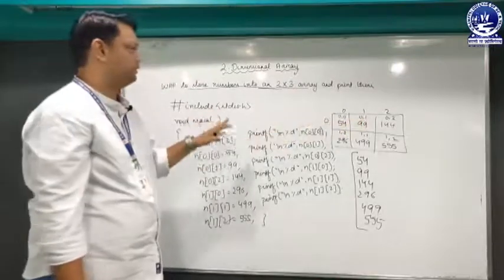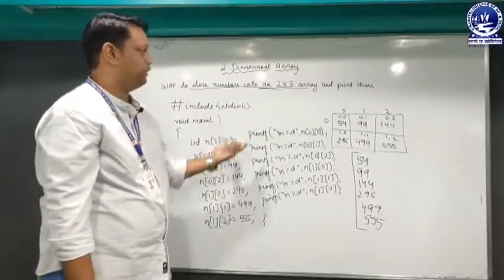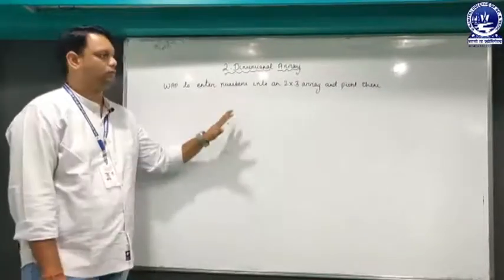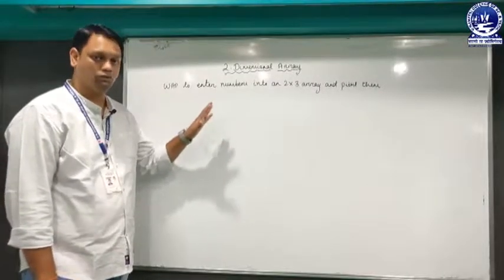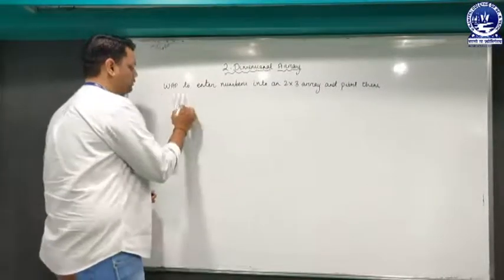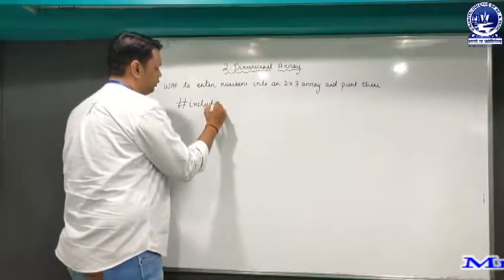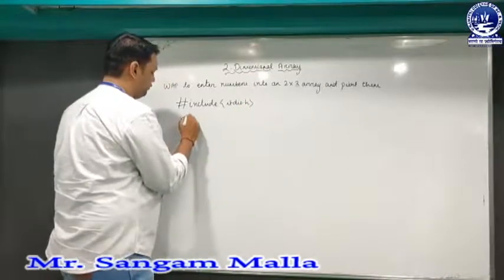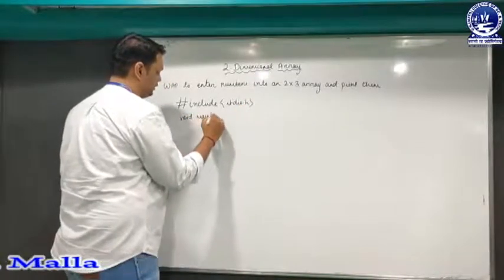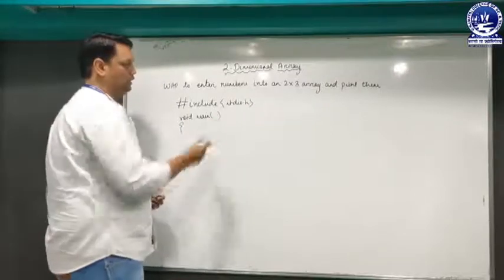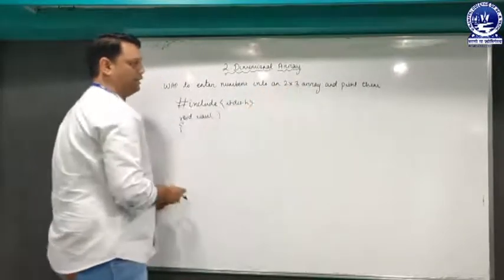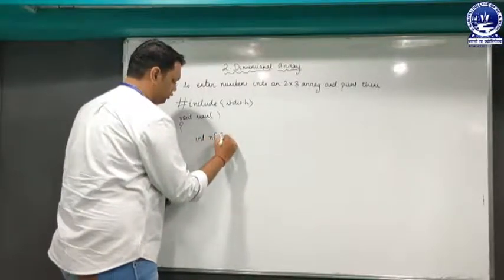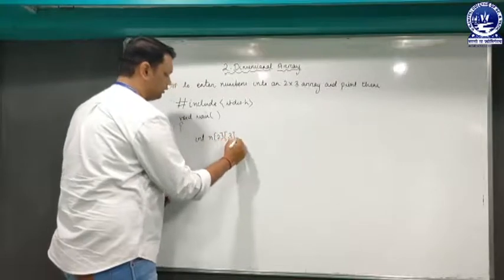Now we will have another example where we will be storing an array using the loop and printing the values. So now we will be solving this program using the concept of loop. As per the C program structure, we will have #include <stdio.h>, then we will have void main, which is a general syntax of the C programming language. Now we have to declare an array of 2x3. That means we have to take a two-dimensional array of 2 rows and 3 columns.